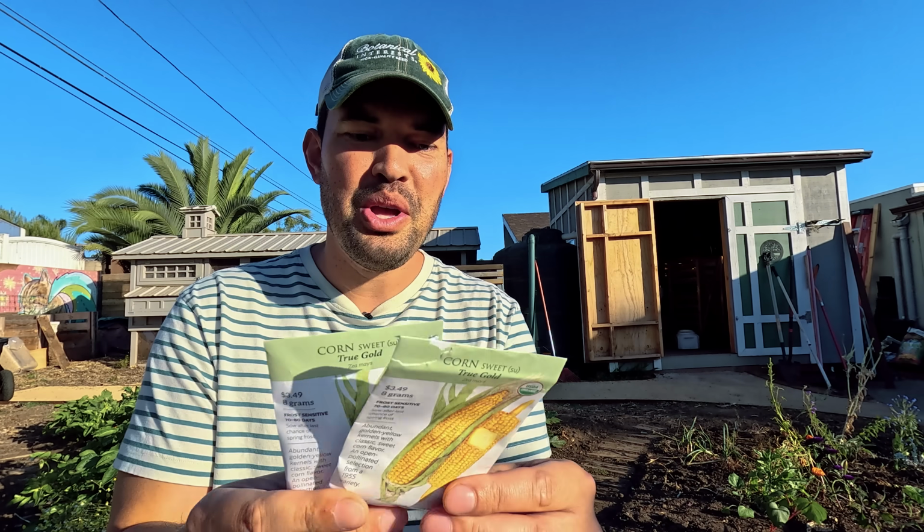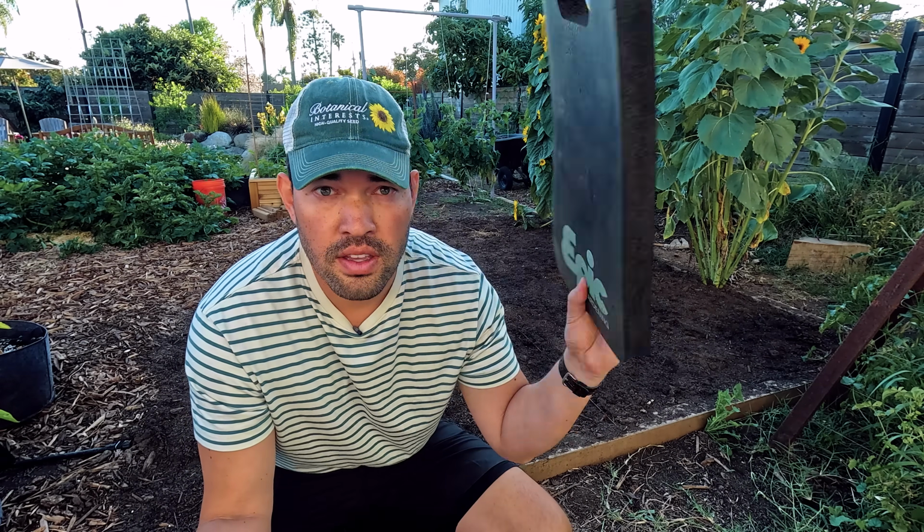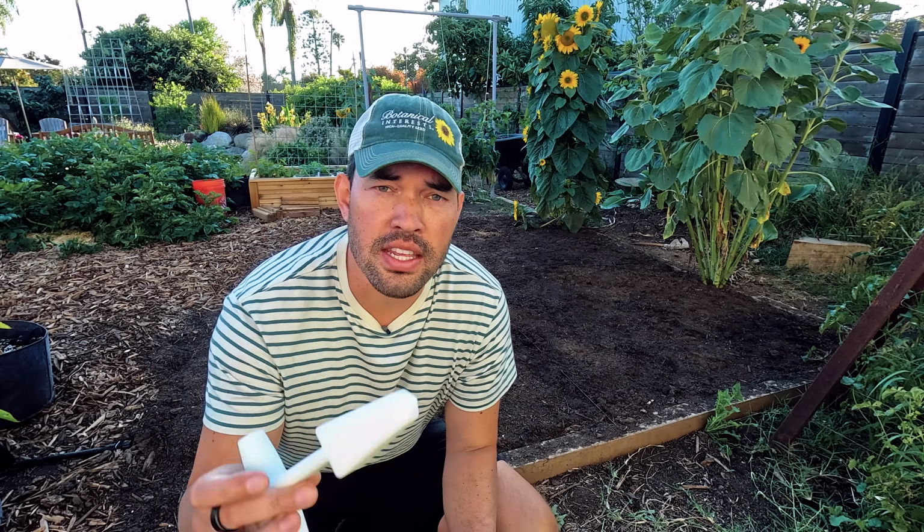So I think I'm gonna go with True Gold. So let's take it on over to the plot. So this is where the corn is going in. The only things I really need to get this going, the trusty kneeler because of my old ashy knees, and